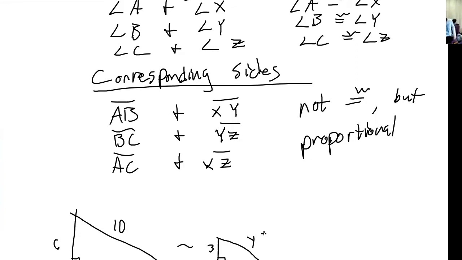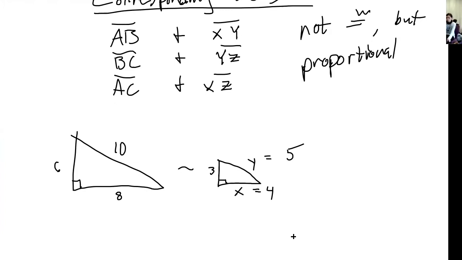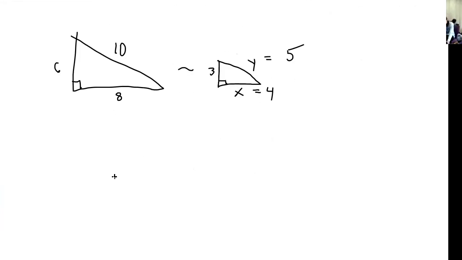So someone else tell me what Y is. Shout it out. 5, good job. So far this is pretty easy, right? Well, it's not always going to be that easy. So sometimes it's not like a straight multiply by this or divide by this. You might have to do a little bit of fish method, okay? So let's try some other examples here. Let's try,